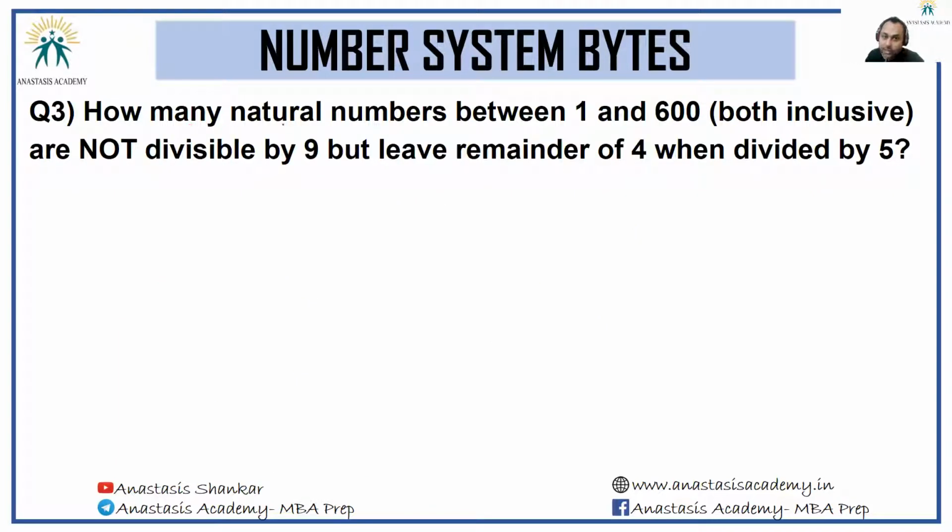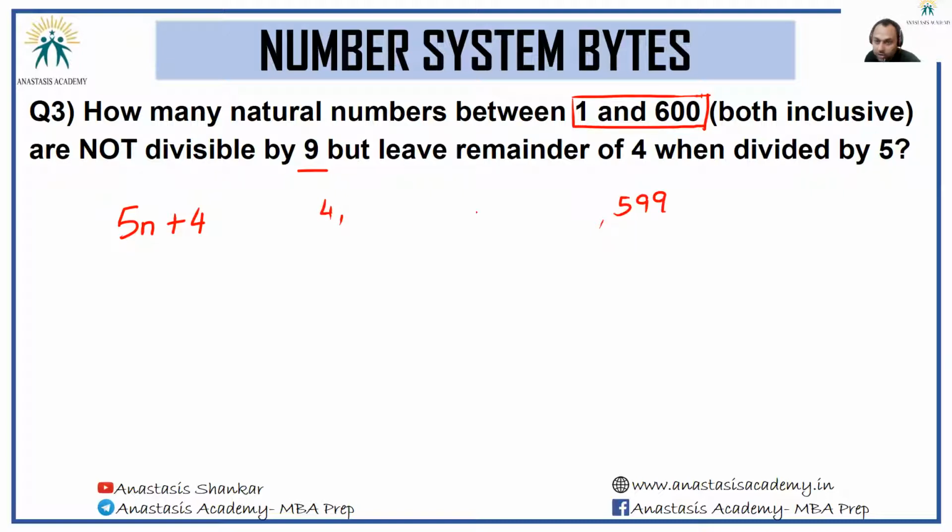Next, how many natural numbers between 1 and 600, both inclusive, are not divisible by 9, but leave a remainder of 4 when divided by 5? Okay, so let's see. Let's look at a series. We've got 5n plus 4 kind of numbers. How many 5n plus 4 kind of numbers will there be from 1 to 600? From 1 to 600, the series will start at 4 and will keep going till